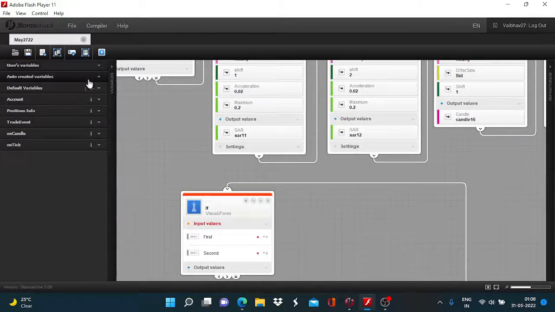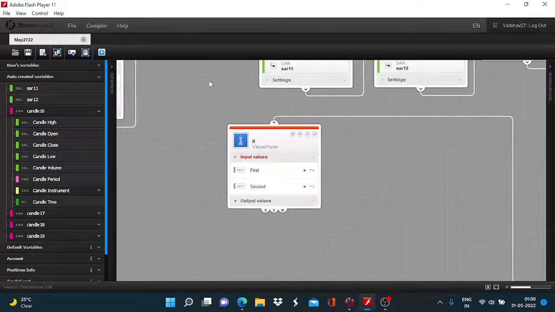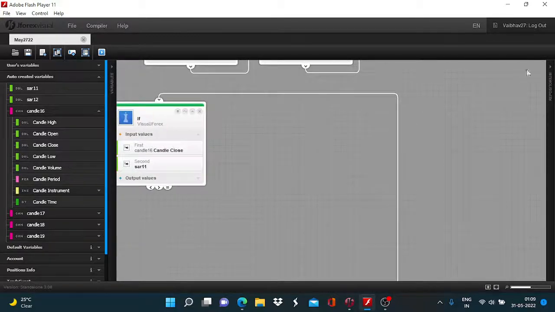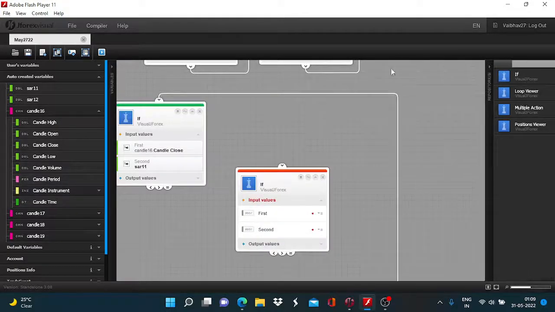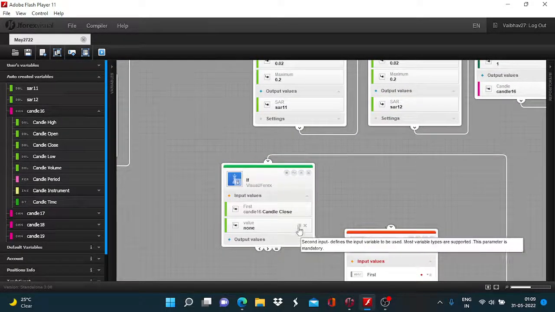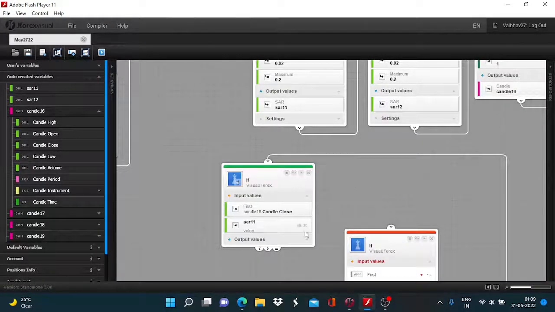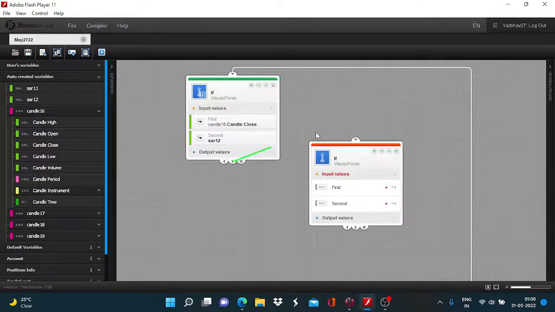So I have to consider auto created variables, candle 16, candle close, and compare it to SAR output. I think I made an error here, error of commission you can say, so I will change it. It should be SAR 12, first input greater than second input,